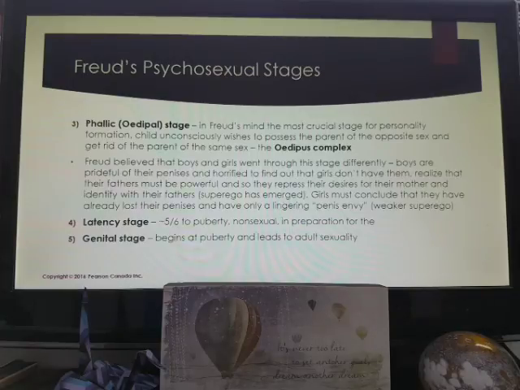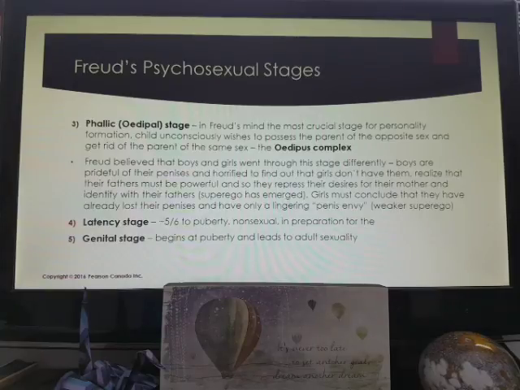Once this Oedipus complex is resolved, which happens at about age 5 or 6, so all of this is occurring between roughly ages 3 to 5 or 6, and the child has developed their superego, the child's personality is said to have been fundamentally formed. Then there are 2 other stages, and these are much less talked about. Like I said, the Oedipal stage is really the main topic of conversation.